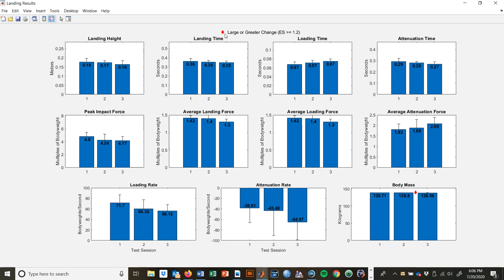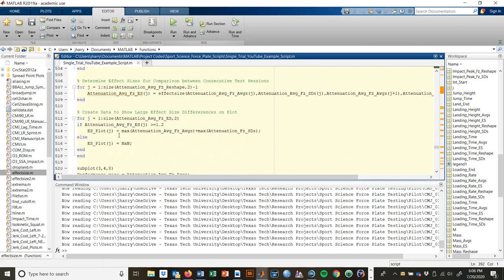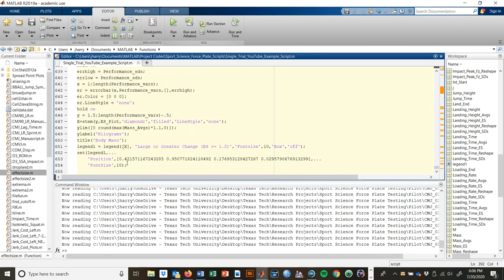One thing we've added that may not be in what we discussed is this key right here to show what the red diamond stands for, a large or greater change with an effect size greater than or equal to 1.2. Let me show you how we put that in there. So if I go to the very bottom, at the end of my last graph,